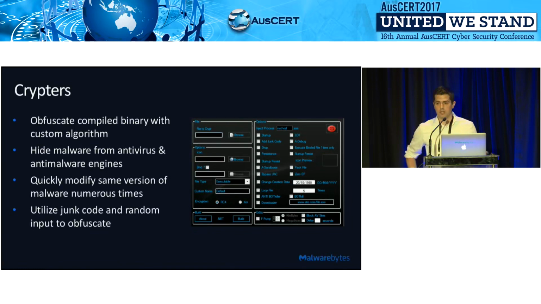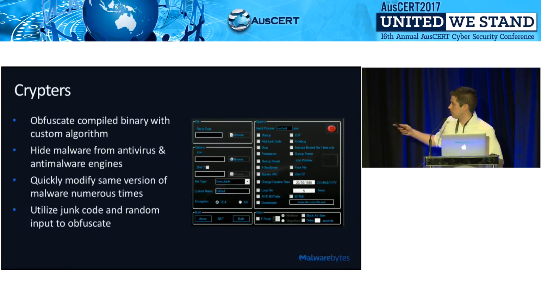But what we've seen is that malicious attackers who have the ability to design an approach by which they will extract revenue from a target are now leveraging a separate group of malicious actors who design ways to manipulate the internal logic and delivery of malware to protect it from detection both pre and post execution. So a couple of other things about cryptors. Cryptors have the ability to hide malware from both antivirus and anti-malware engines.